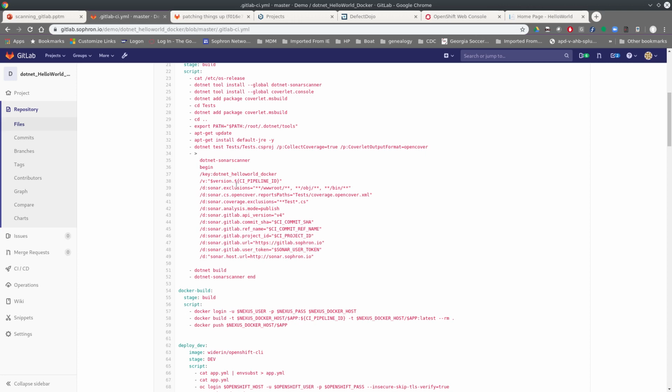Then we run the Sonar scanner with switches for all the different things we want with regards to where the test coverages are. One interesting thing I want to point out is what we're doing with Sonar here is we're not only just uploading the results of the test coverages and the Sonar scan to the Sonar, but we're also using a plugin that plugs into Sonar. It's a GitLab plugin, and if you set up a user in GitLab, get the token, put it in place there in the Sonar plugin for that, then that gives Sonar the ability to write commit messages and merge request